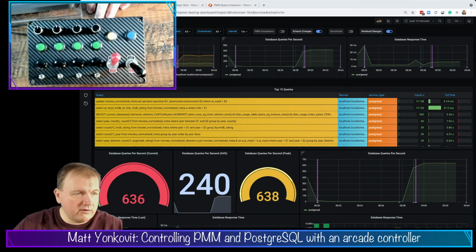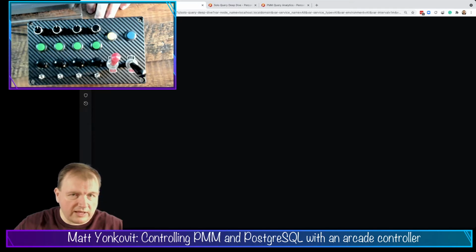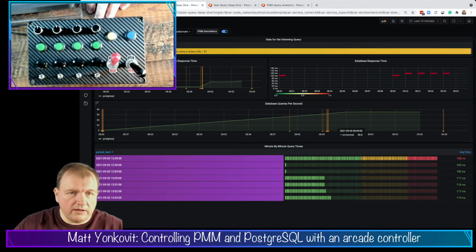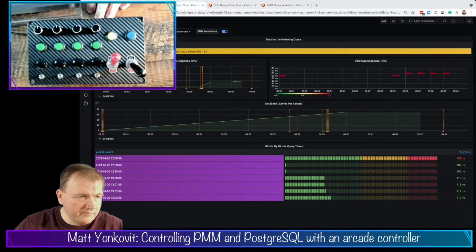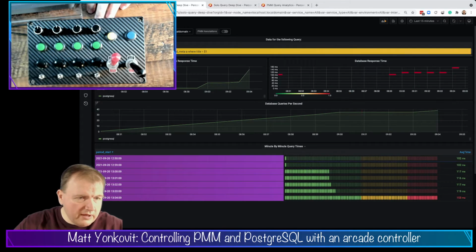Now, if we wanted to take a look at that, let's go ahead and look at what that looks like in real time, just for that particular query. You can see here's all of the changes to workload we had again. But let's go ahead and remove those annotations for now. You can see that